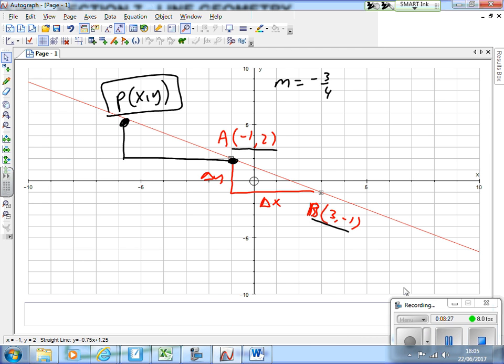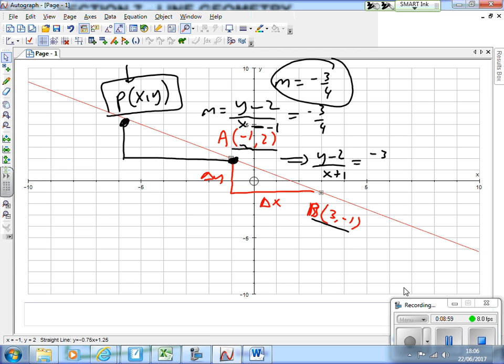So what I'm saying is, if m is the change in y over change in x, well, the y coordinate at P is just y, isn't it? And the y coordinate at A was 2, so y - 2. The x coordinate at P is just x, and the x coordinate at A is -1, so x - (-1). And this whole thing equals -3/4, because the gradient stays the same. So hopefully you can see you get (y - 2)/(x + 1) = -3/4, and then when you multiply it up, you get y - 2 = -3/4 (x + 1),